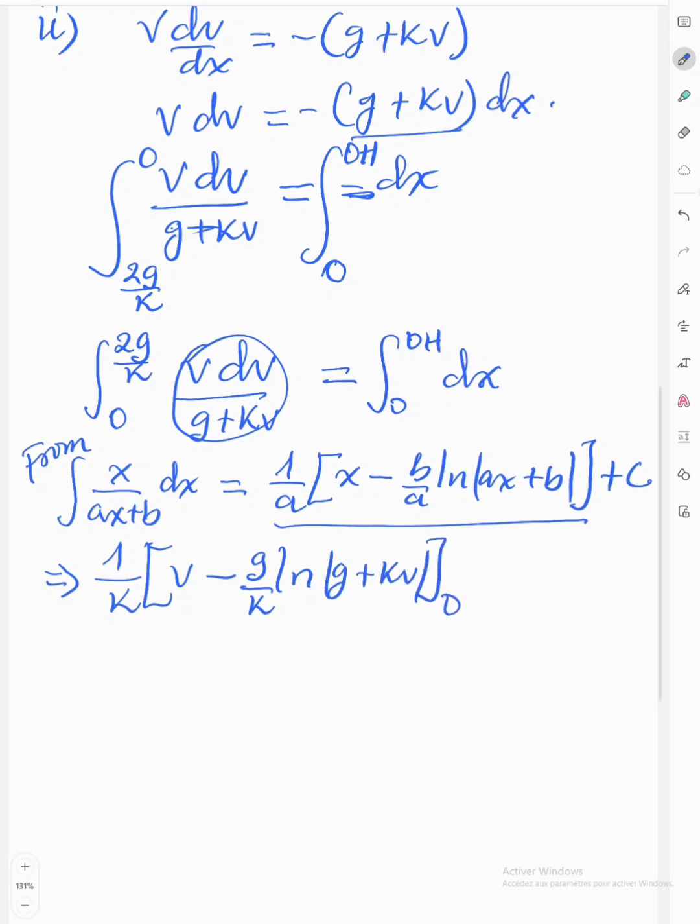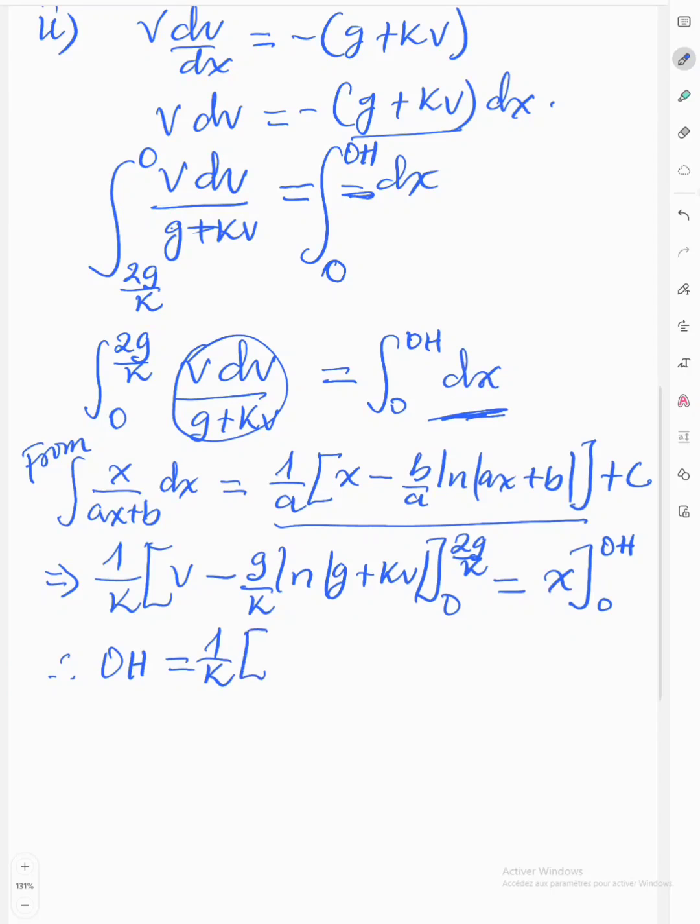And we are integrating from 0 to 2g over k. That should be equal to the integral of dx, which is simply the integral of 1 with respect to x, which will give us x, and we are taking it from 0 to OH. On the right hand side, the substitution of the limits gives OH minus 0. So we have that OH, which we are seeking to find, would be equal to 1 all over k into